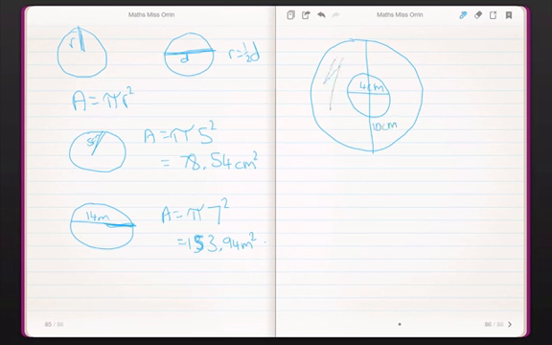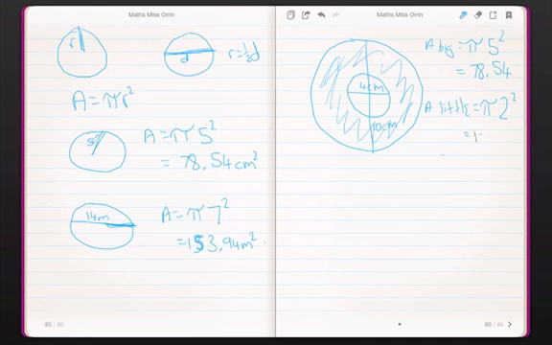Okay, so let's say you want to find the area of the shaded bit, so you just want the outside. What you're going to need to do is find the area of both, and then just minus the little one from the big one, and you'll have your answer. So the area of the big one is pi r squared. Now what's r? R is going to be 5 because we've been given the diameter and we do not want the diameter. So pi 5 squared, well, we actually did that one before, didn't we? So it'll be 78.54. And the area of the little one is going to be pi, not 4, but 2 squared, because 2 is the radius. And then pi 2 squared